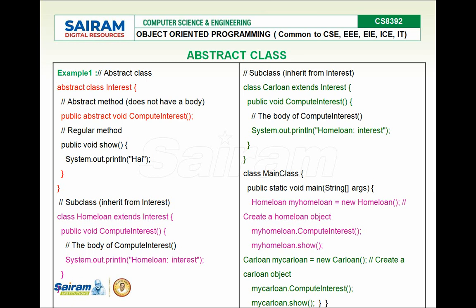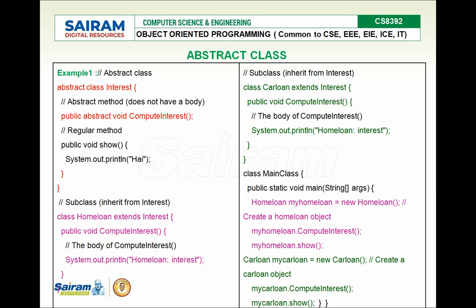Now let's see an example of abstract class. So this was the example which we discussed in the OOP in Java. I think over the previous number of classes you attended, you have an idea about how to define a class and inheritance, all those things. Now we'll easily understand how inheritance and abstract classes work.